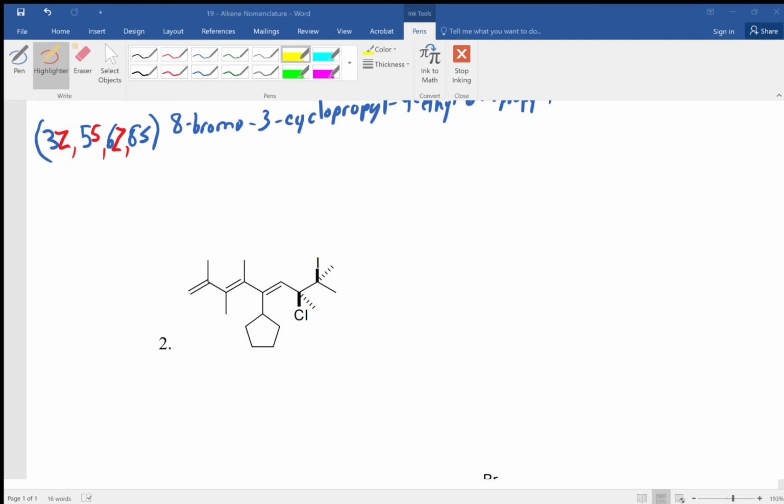So a lot of the same types of things going on in number 2. I think we can see fairly readily that our longest chain goes straight down the middle. And again, because we have an alkene at one end, we know that's the end where we're going to have to start numbering from. So again, we have a 9-carbon chain. Again, I'm going to do the same thing, and I'm just going to label what we have, or make a list. So carbon 1